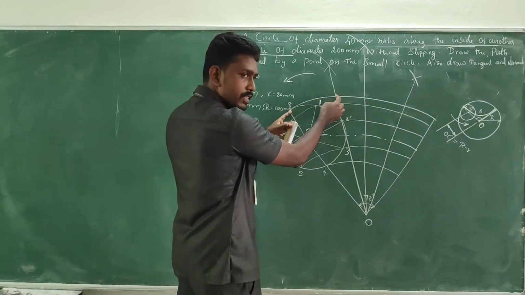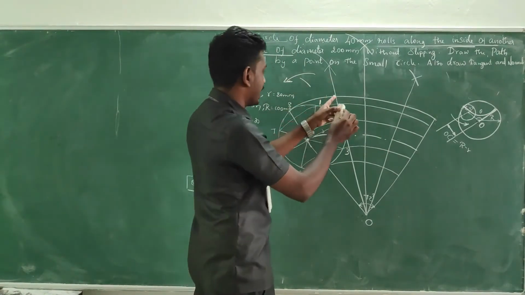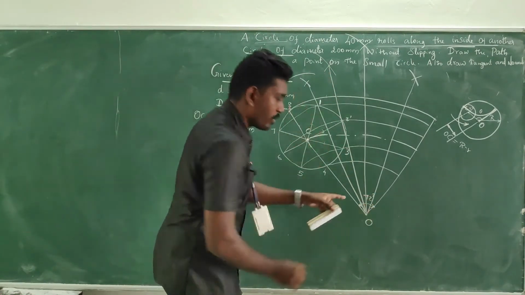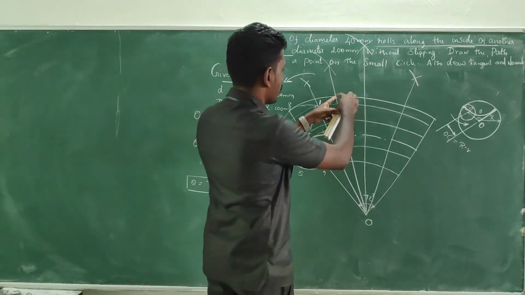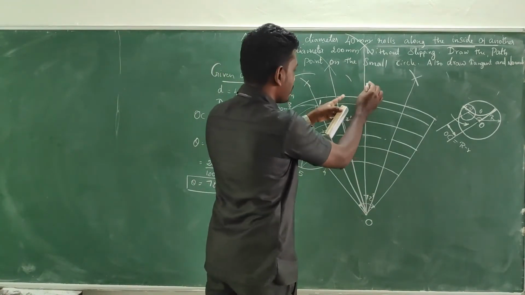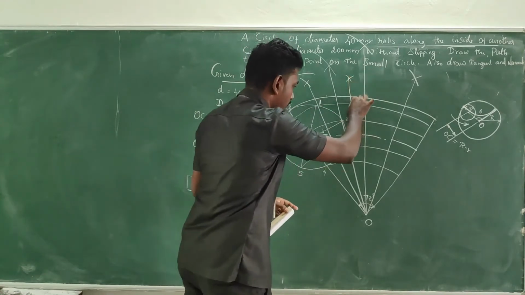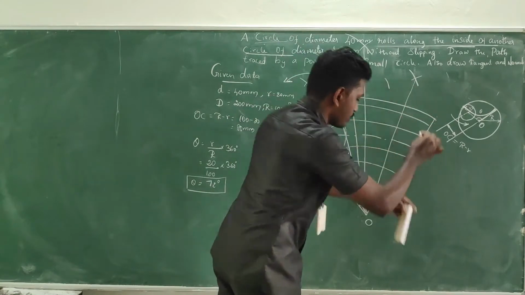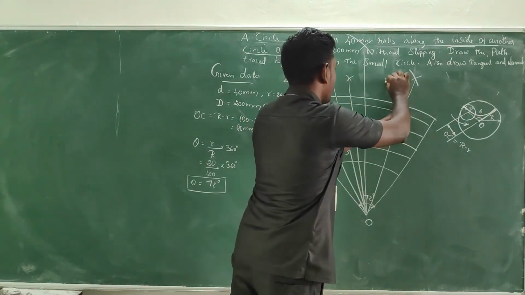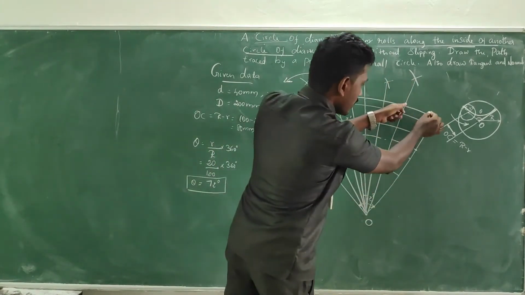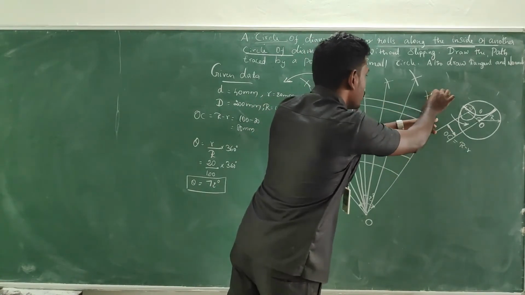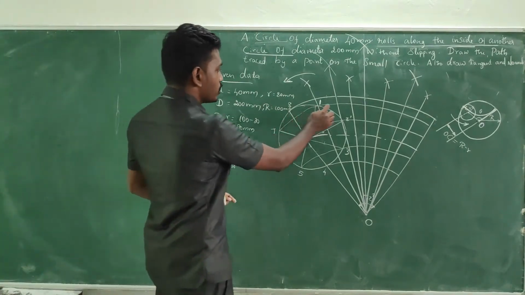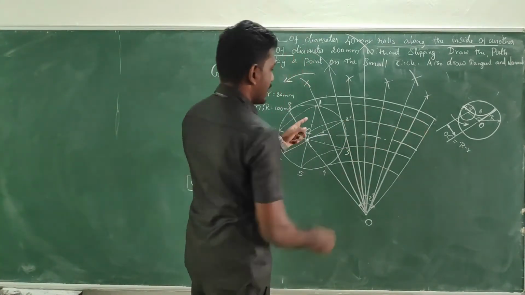So take more than half of this portion and go for an arc and keep at the other end and have a cut mark. We will get an intersection point, drop a line to O. Next, measure more than half of this segment and from the other end you can cut and drop a line. Same manner here, take more than half, have a cut mark, from the other end have a cut mark, drop a line. Measure more than half, have a cut mark, from the other end cut, drop a line to O. See 1, 2, 3, 4, 5, 6, 7, 8 separations.